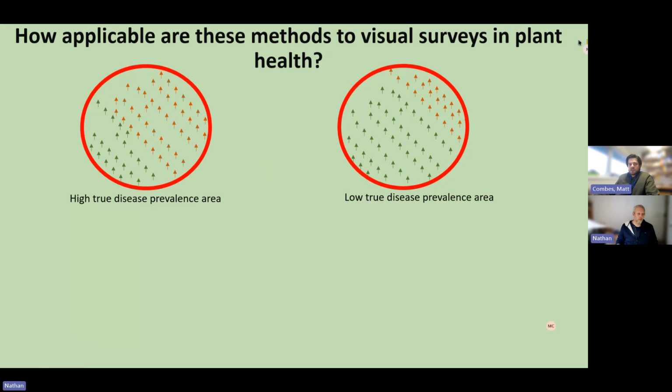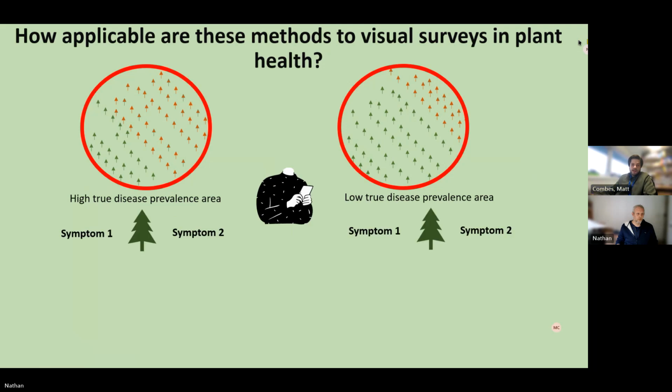And effectively, what you need is a high true disease prevalence area and a low true disease prevalence area. Then individuals assess 80 trees in a high true disease prevalence area and a low true disease prevalence area for 2 different symptoms, say stem bleeds and exit holes,